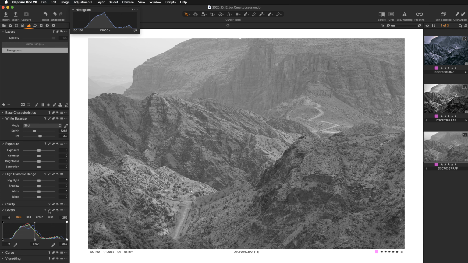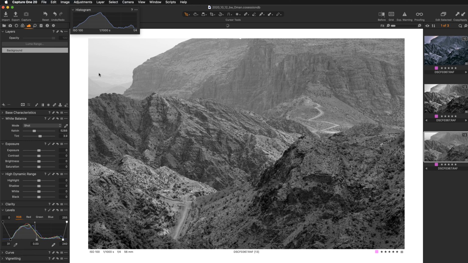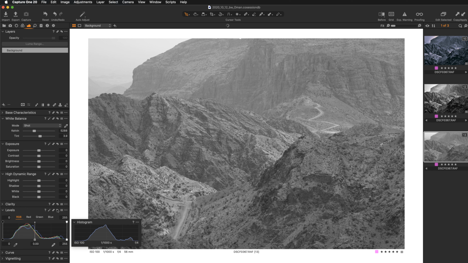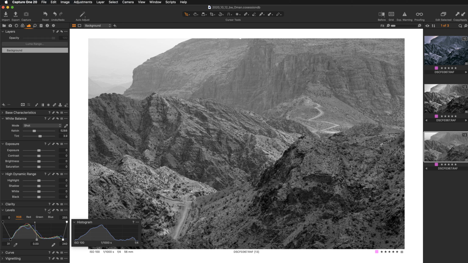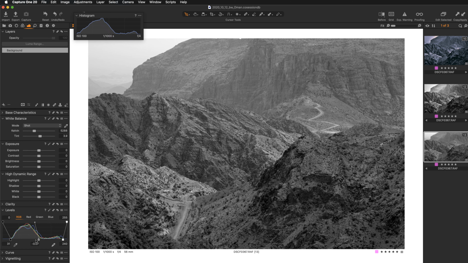So again, this is before, this is the after. Keep your eye on the histogram and see how this changes after applying auto level. So now we still have the gap in the blacks, we have a gap in the highlights, but after applying the auto adjustment, the histogram got stretched. Now the information is filling the whole graph and the image has changed as well. So this gave us a perfect starting point, and we are going to jump back and fine-tune how our particular colors